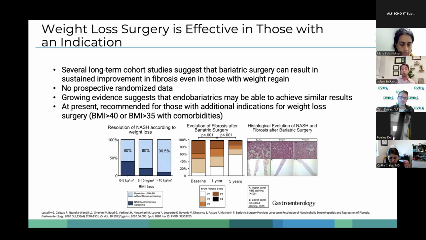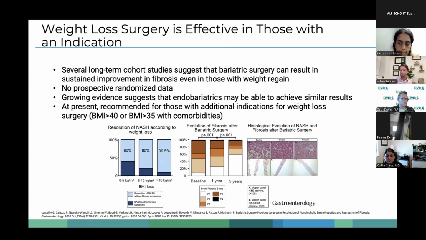As far as treatment options for those with more advanced disease, weight loss surgery is probably the most effective tool we have for reducing fibrosis, at least with a significant amount of evidence. So several long-term cohort studies do suggest that bariatric surgery can result in sustained improvement in scar tissue, even in those who later regain weight. So you can see in those who had significant BMI change after bariatric surgery, greater than 90% of them had resolution of